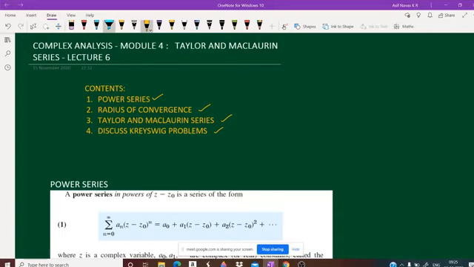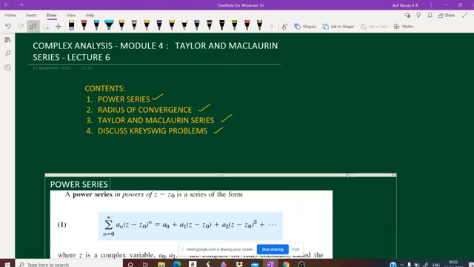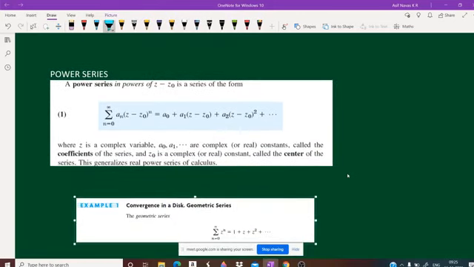A power series in powers of z minus z naught is a series of the form sigma n equal to 0 to infinity a n (z minus z naught) to the power n, which is equal to, for n equal to 0,